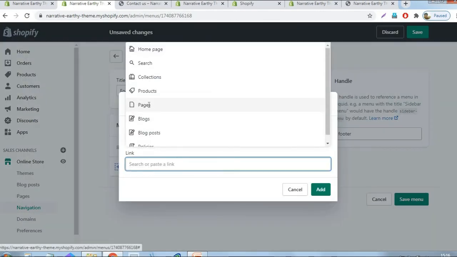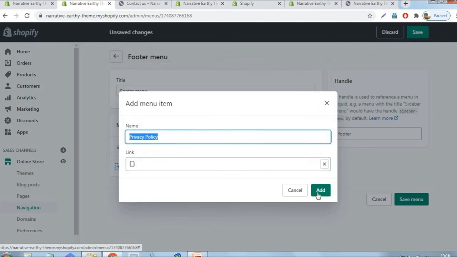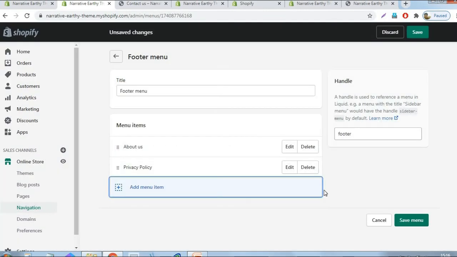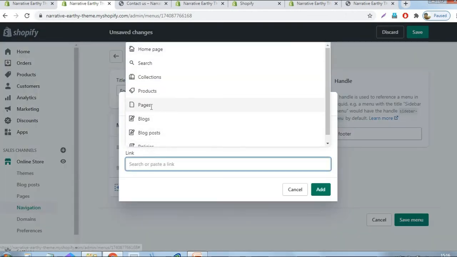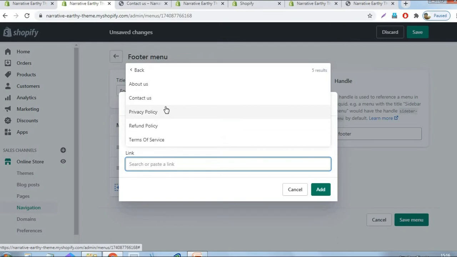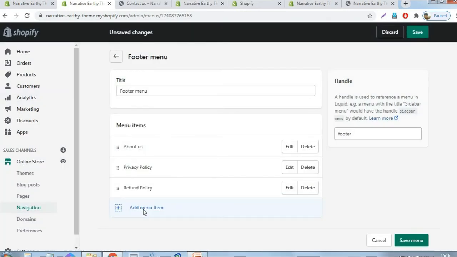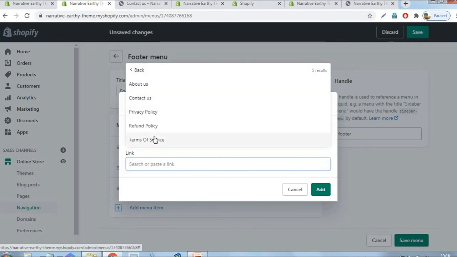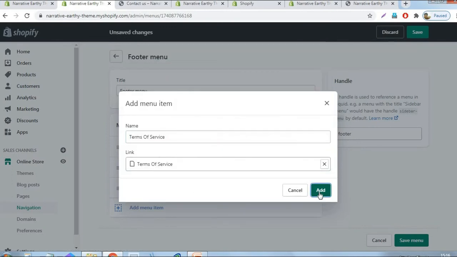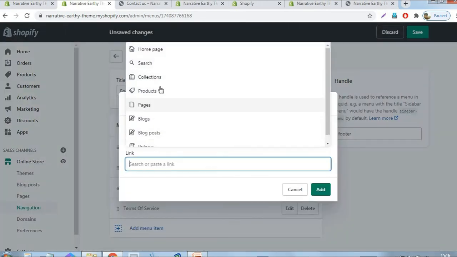Then the second one, privacy policy, refund policy, terms of service and contact us.